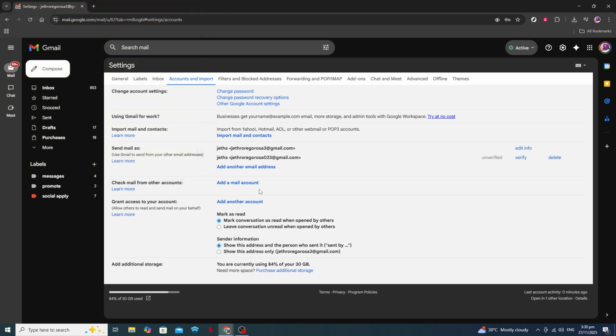And there you go. You've successfully added an email address to your Gmail address book. Organize your contacts, streamline your communication, and enjoy a more